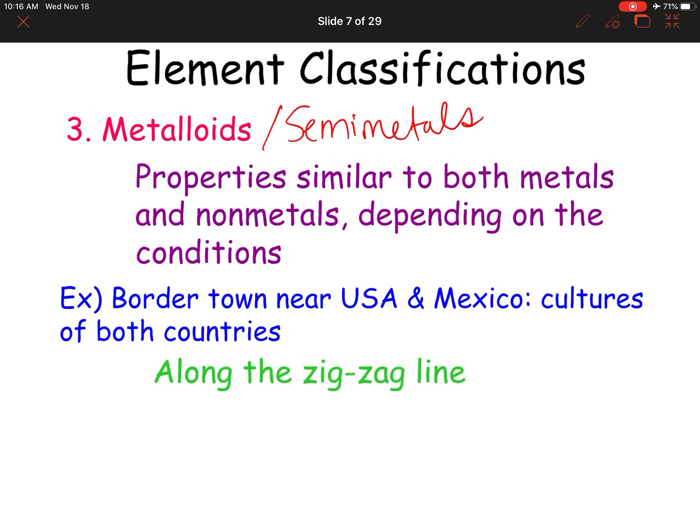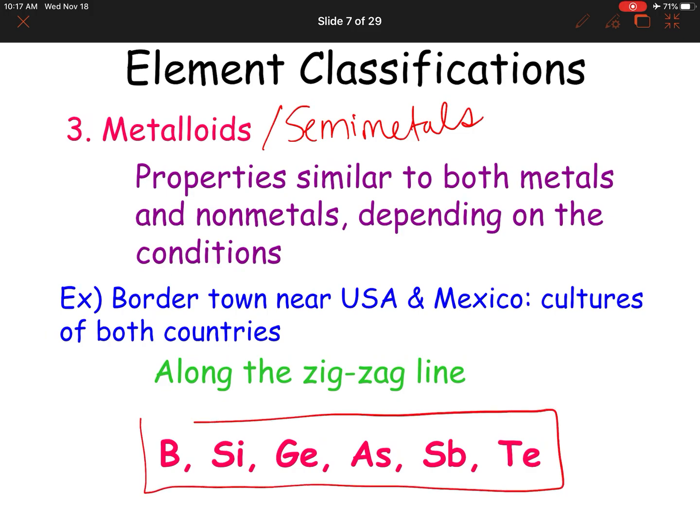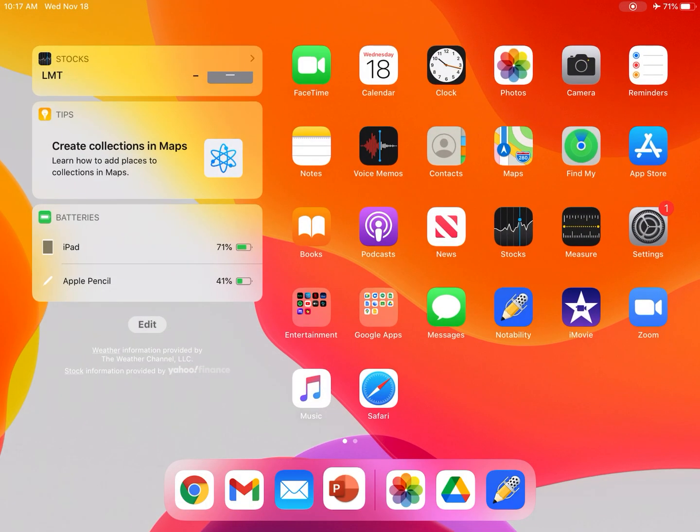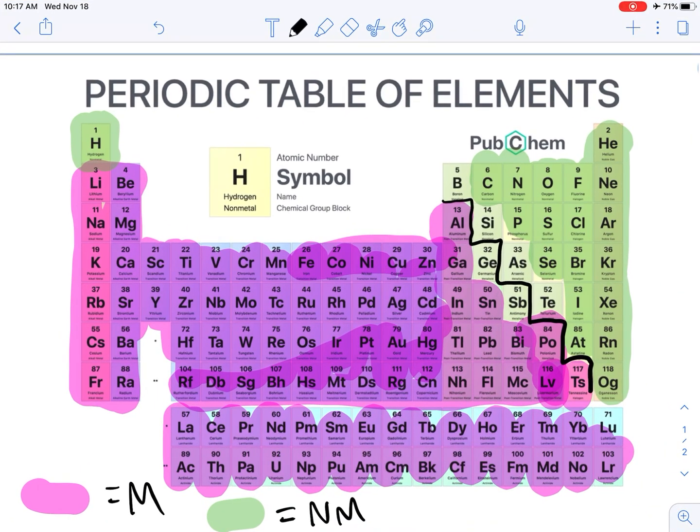So these are the ones along that zigzag or staircase, with a couple exceptions. Aluminum is along the staircase, but hopefully you know that is a metal. And the ones towards the bottom, those are radioactive. We don't include those. So these are the ones that we will consider the metalloids: boron, silicon, germanium, arsenic, antimony, and tellurium. So if we were to go back here, choose my last color,